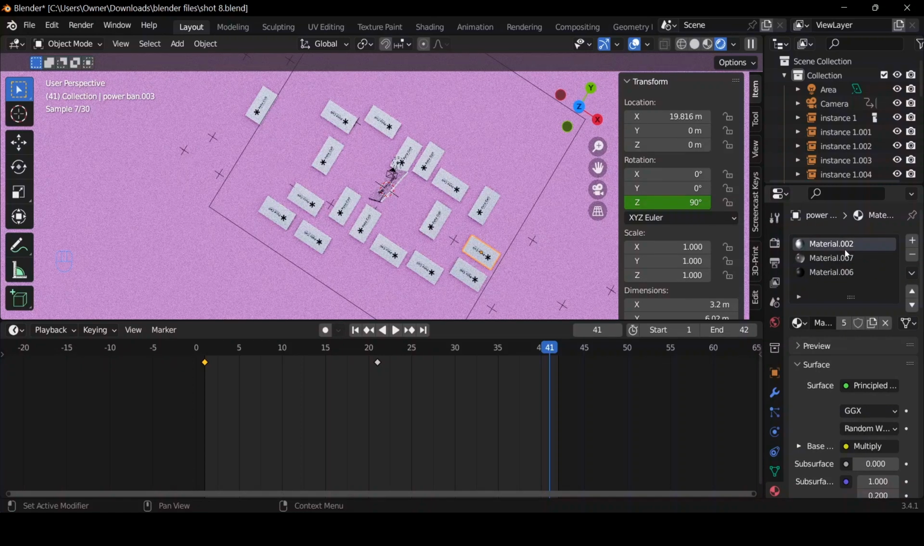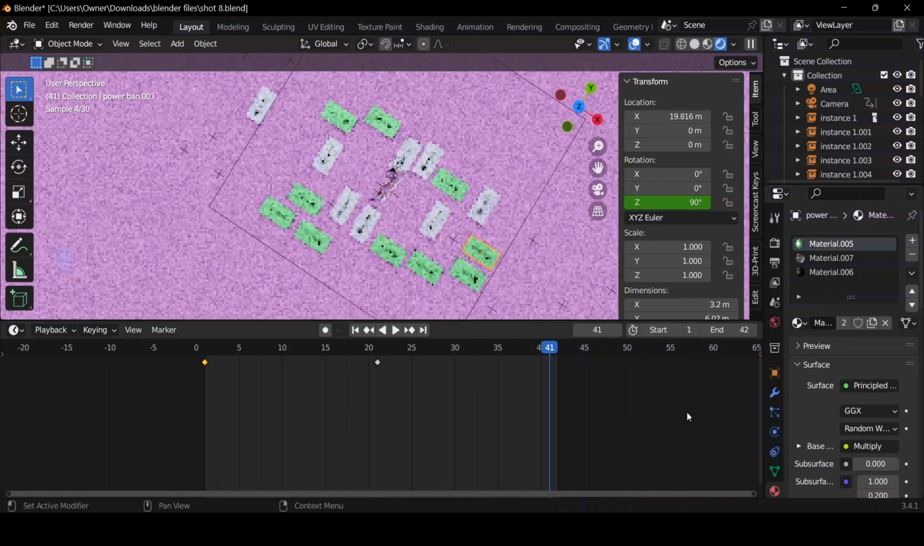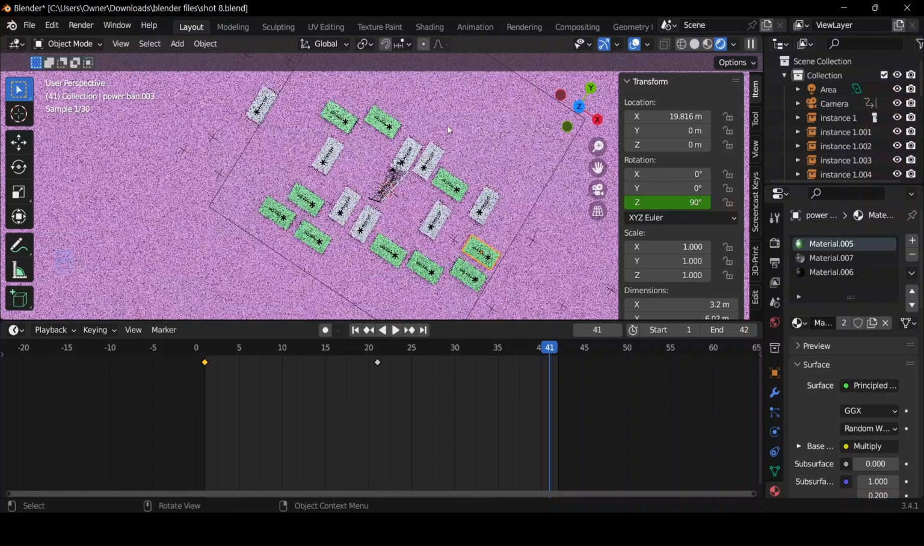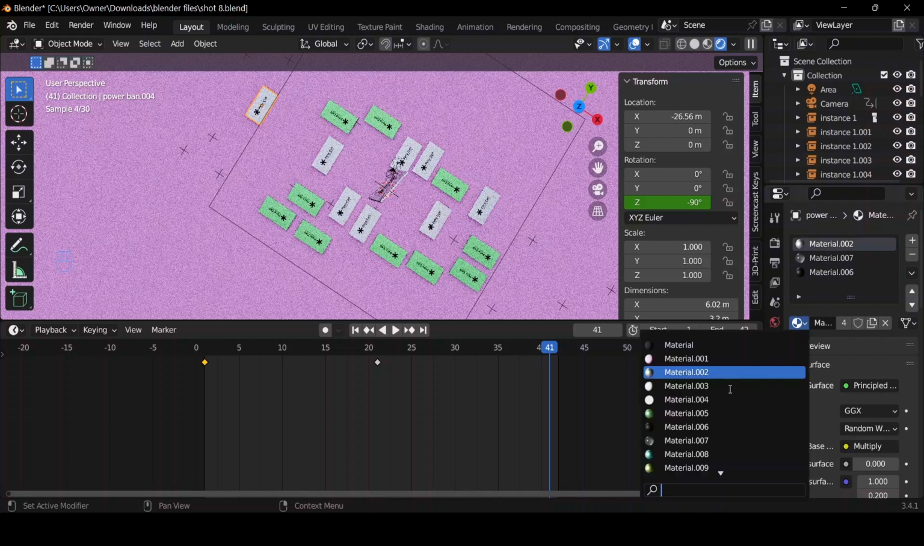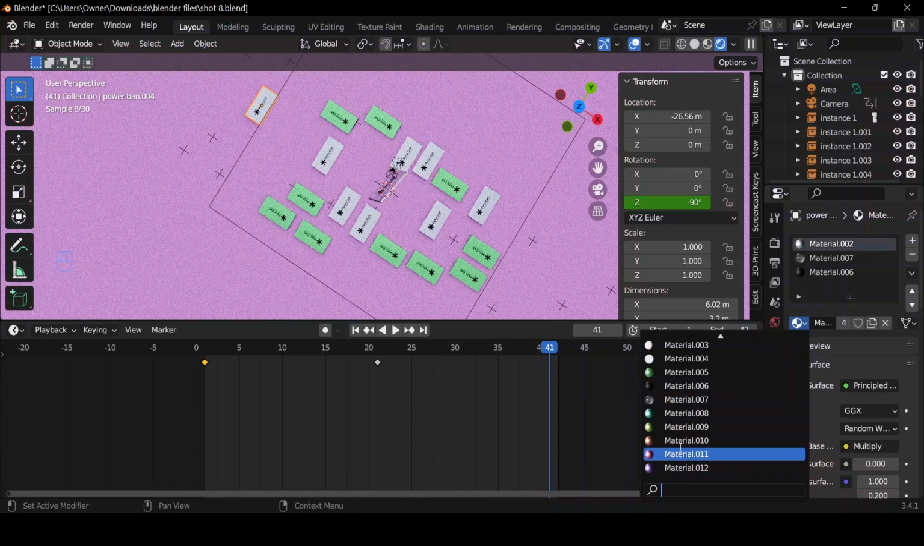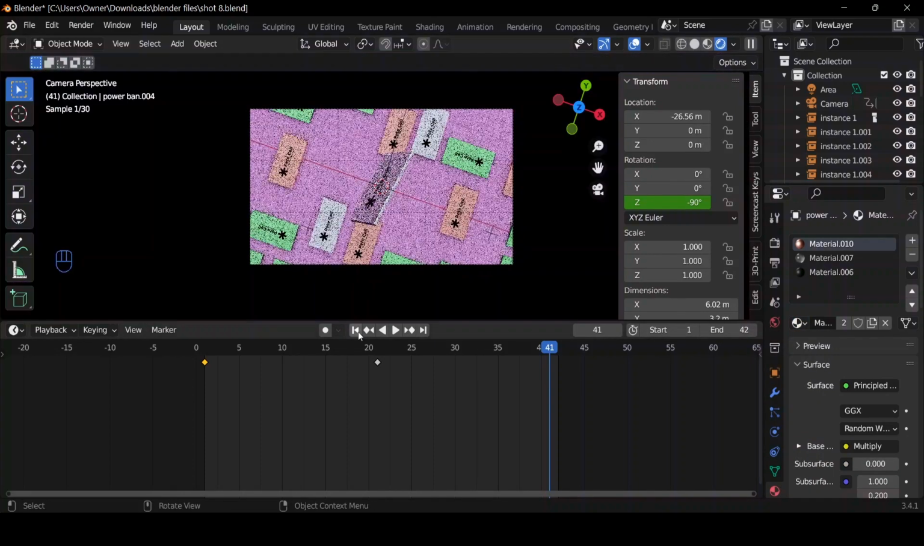So I'm just going to select this main material here. I think we already have some materials that we added before. So for material 5, I'm going to click material 5. You can see all other instances have the same material. So I'm going to select this second instance as well, and I am going to change the color to this one. Awesome. So you can see if we play this now,